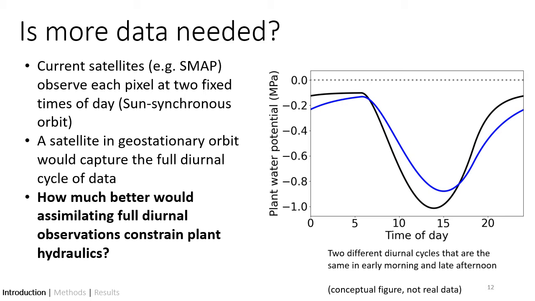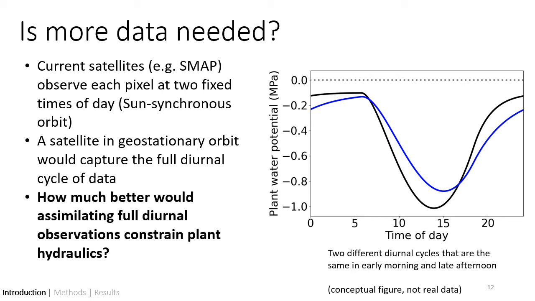One way of getting such data from space would be a satellite in geostationary orbit that stays pointing at a single area of Earth, such as North America. Now, those satellites are expensive to design and launch, more so than the ones in sun-synchronous orbit. So it's not clear whether having more data would be worth it in terms of the information it would shed